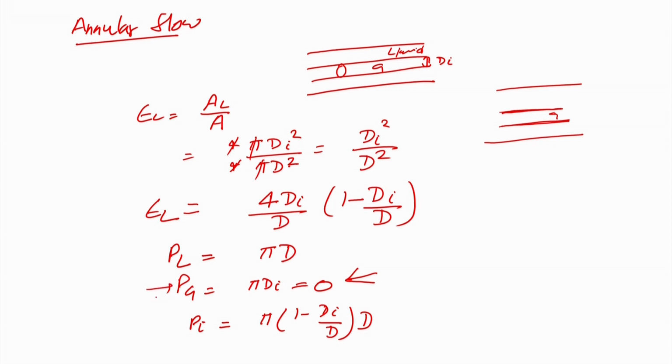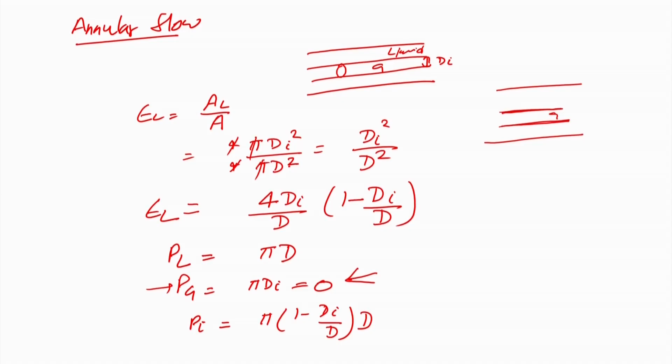So, that is why the Pg value is kept 0. If you just substitute these values in the equation which we have written for the two fluid model, you will get the equation for the annular flow, and again you can solve the dP by dx values, because now you have everything. If you know what the area or the di value is, what the annular